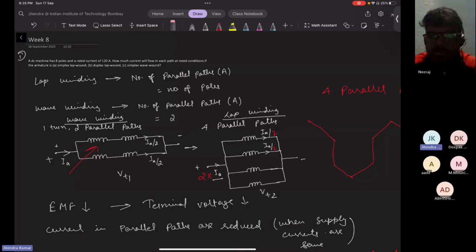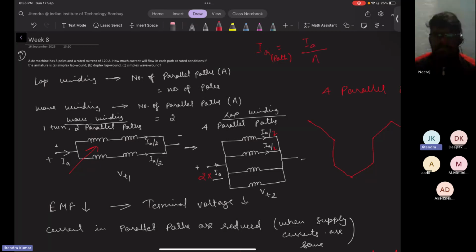I can read here. So Neeraj said 15 ampere, and I guess he's correct, because the current in each path is equal to the amount of current divided into the number